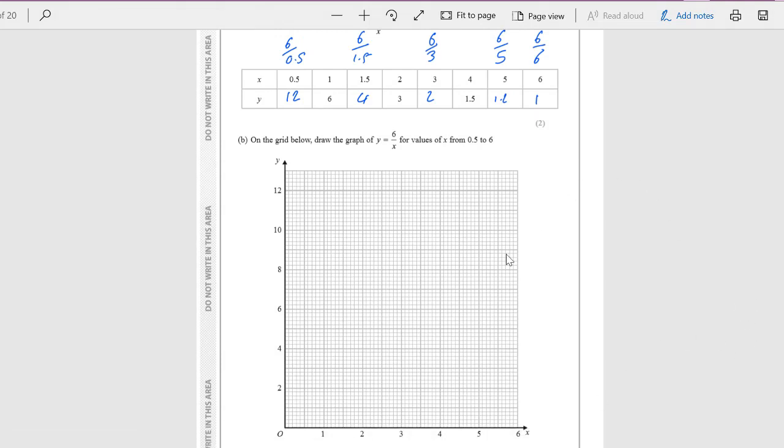Okay, so on the y, we've got 1, and then we've got 6. So that's the first one. Now, because I'm using a graphic tablet, it's going to be a bit hard for me to be very precise, but essentially you're going to have coordinates